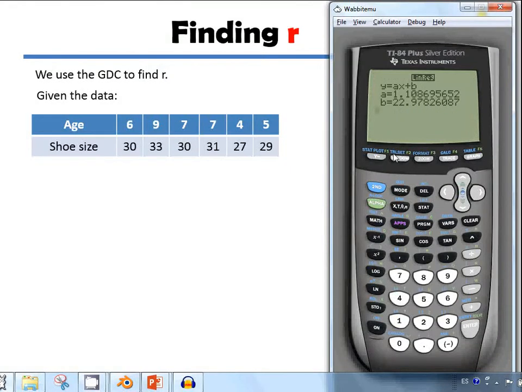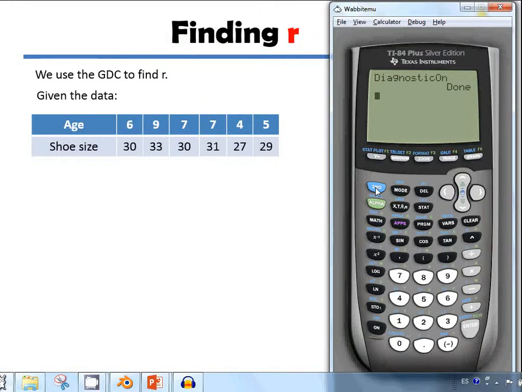This is actually how you do R, but you see there's no R here. The reason for that is you're going to have to change the configuration of the calculator every time, pretty much for every exam, because if your calculator is going to get reset, as it is going to get reset, you're going to have to do this yourself. How do I make it so my calculator shows me R? You have to go to Catalog, so you press second, then on the 0 there's a catalog, and here you're going to have to scroll down all the way until you find something called DiagnosticOn. This is what tells my calculator that I want it to show me R